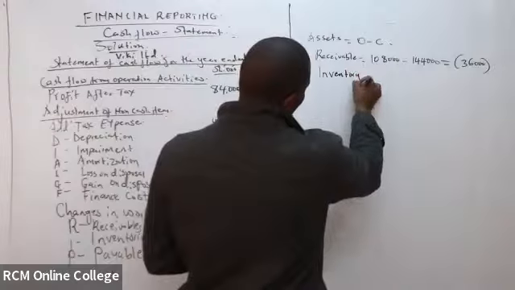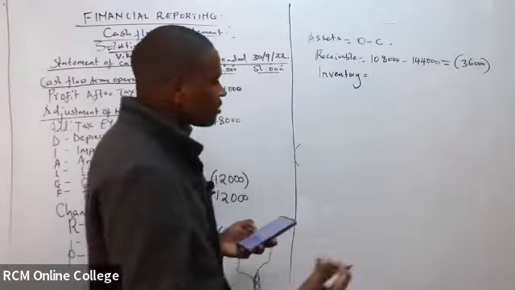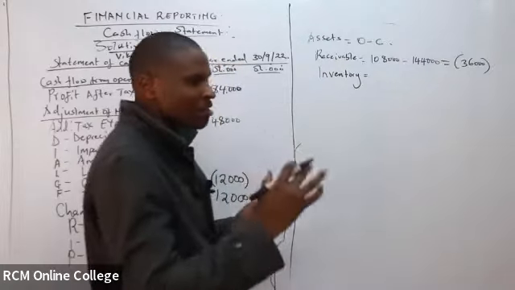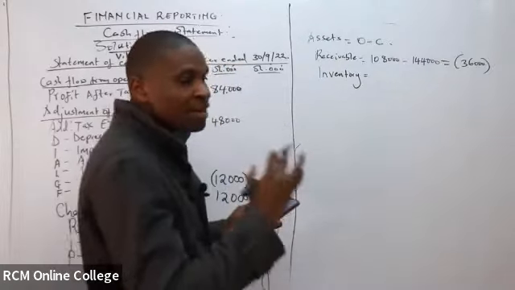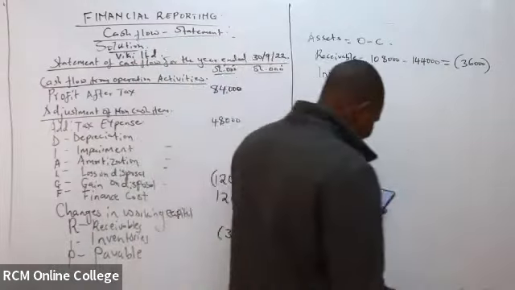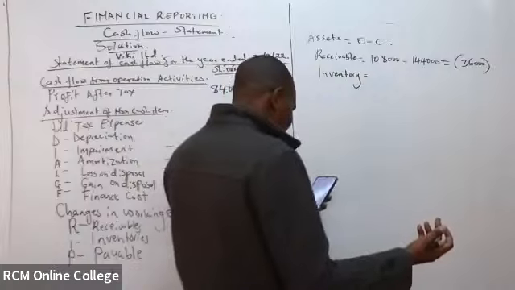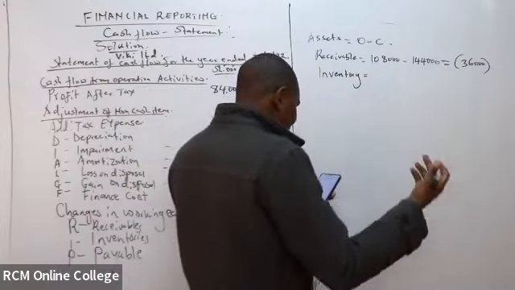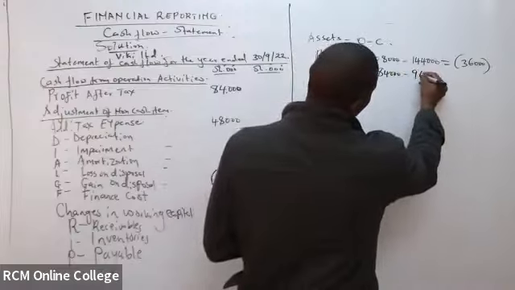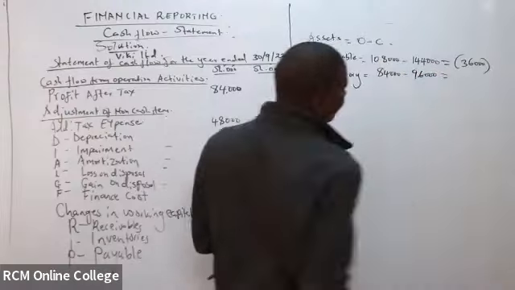Inventory, someone has given me 12,000. Okay, what is the opening inventory in the year 2021? We may agree that year 2021 is our opening year. Inventory is 84 there and 96. So it will be 84,000 minus 96,000. Still, this is giving me